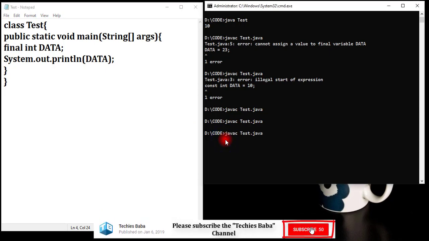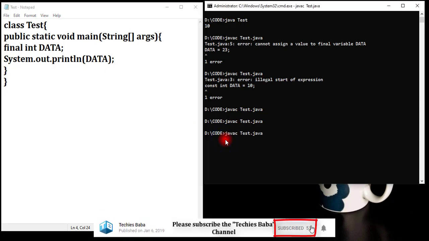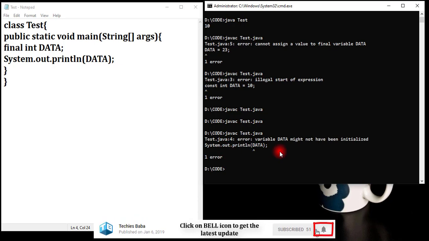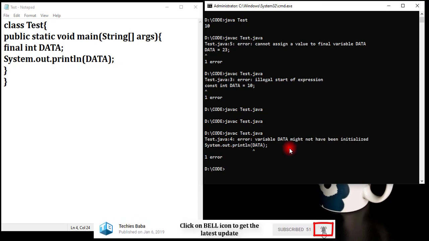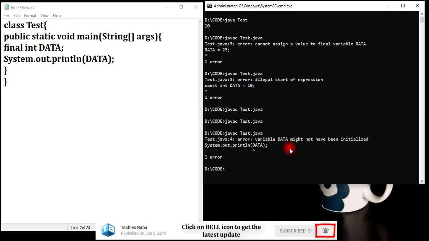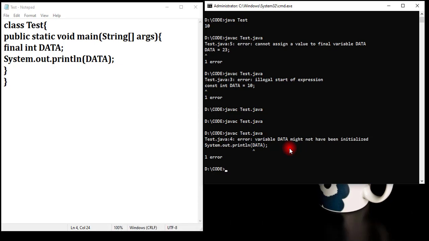Let's print this. Compiling this. So it is showing that variable data might not have been initialized. It is saying that you have a variable called data, but there is no value available inside this.